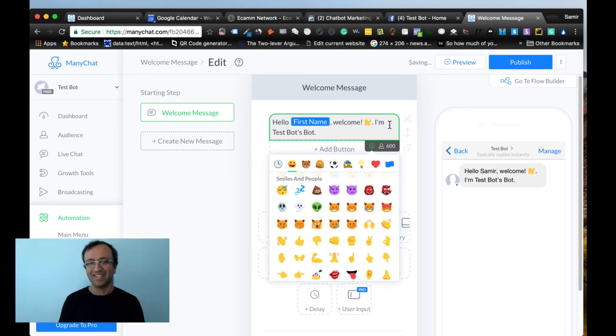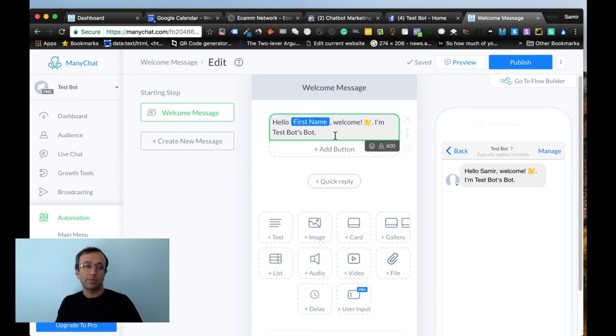Testbot's bot. Okay, some people like to give their bot a name. You can give your bot a name here. It's up to you. I'm not big into naming my bot, but maybe I should be giving them a name. So the bot is saying hello, and then it's saying who the bot is. It's saying I'm the testbot's bot. Probably you realize now that I should not have named the page testbot. Anyways,